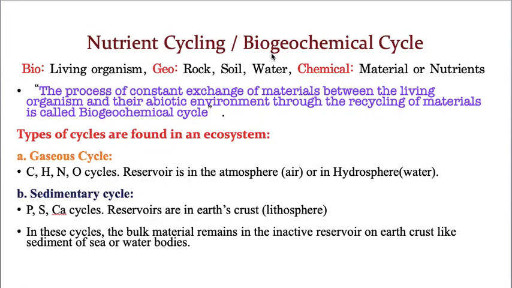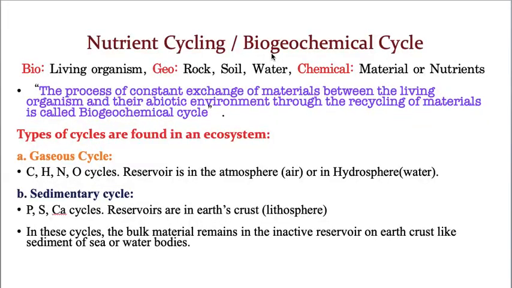For example, just imagine all the organisms are eating food, that means they are taking the nutrients, but no organism is releasing them out. One day will come, this earth will be completely deprived of these nutrients, and when it gets completely deprived of the nutrients, there is no life. Even the organisms which are living will also die. Hope you are understanding. That means this cycling must be there. That is the reason why the minerals are exchanging. There is a continuous exchange established between the biotic and abiotic components.